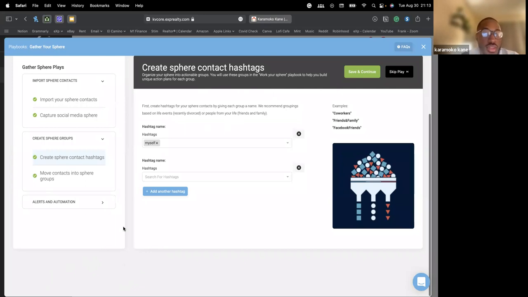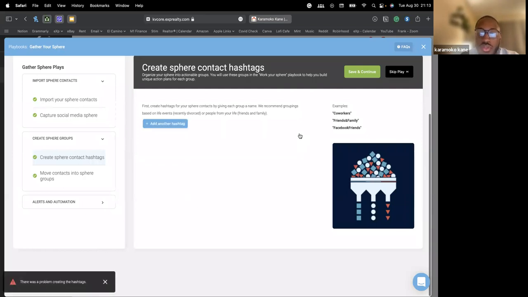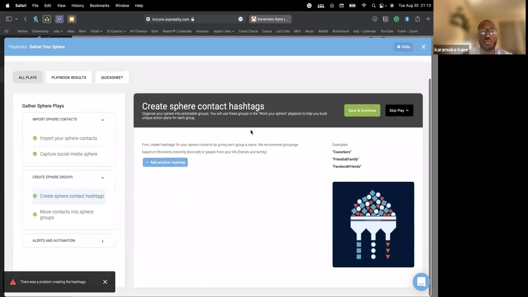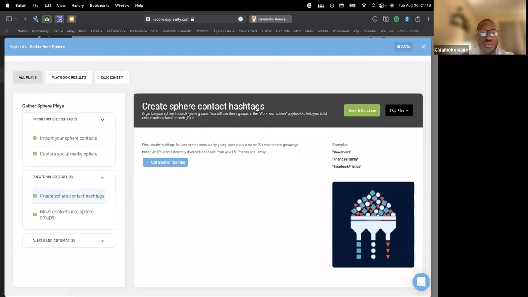All right. Next section we have is create sphere groups. Okay, so this section, let me get rid of all this so we can start fresh. So when you create, we have a question. Oh, thank you, Melissa. I appreciate that. When you create a sphere contact hashtag in this section right here, that's basically you grouping contacts together. So you're basically creating another hashtag, but through the playbook,